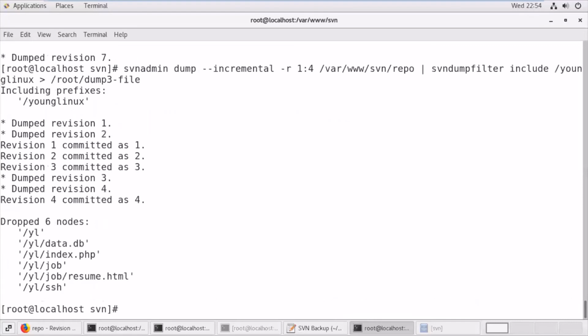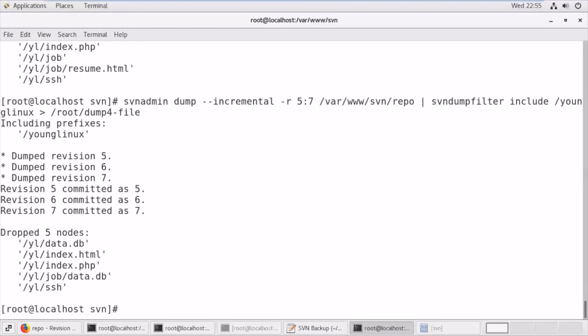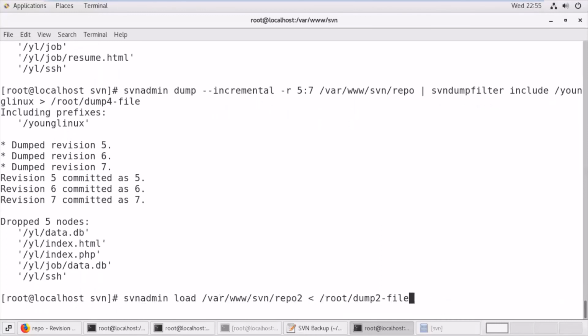See here we have stored revisions 1, 2, 3. Similarly, after this what I will be doing is from 5 to 7, dump4. Now let's create another repository named repo4.